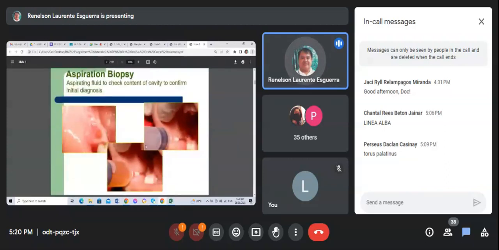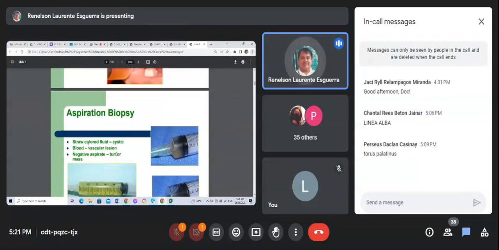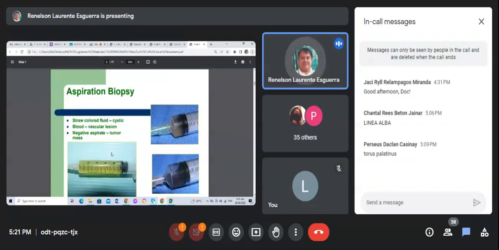So for aspiration biopsy procedures, you make use of the needle set. You have the syringe and the needle. You poke it into this area here that you want to aspirate, and then you aspirate. So if the aspirate is a straw-colored fluid, it's cystic. If you have blood, it's a vascular lesion. And if it's a negative aspirate, it can be a solid tumor of cells that would need not the aspiration technique, but